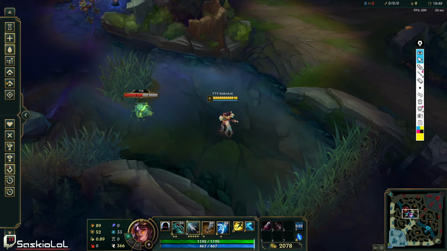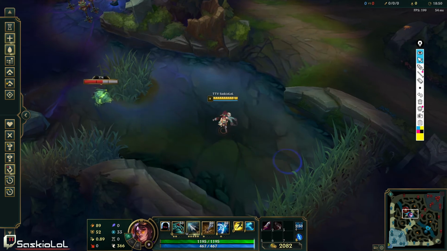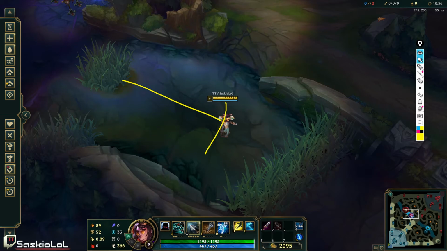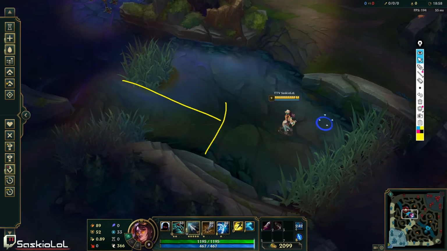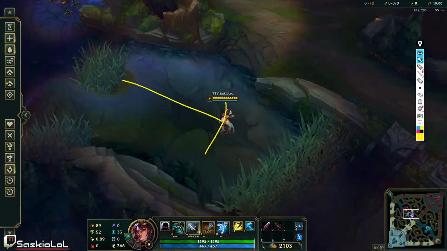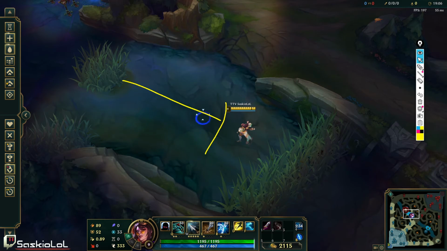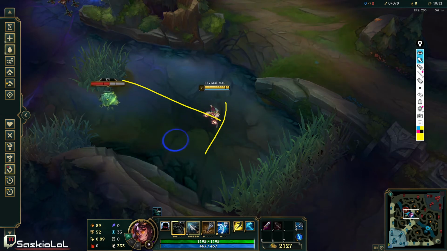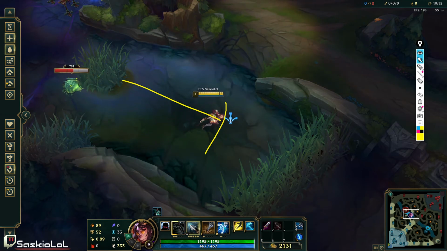So what you should do instead is you should approach the bush. When you reach his hook range, which is roughly right here, be ready to juke. It irks me so much when people are face checking and they don't even bother trying to juke when they're in a situation where they have to, right? If you walk inside Nautilus hook range, he will hook you. So when you approach the bush, dodge it. Dodge it. Do some weird jukes, right?